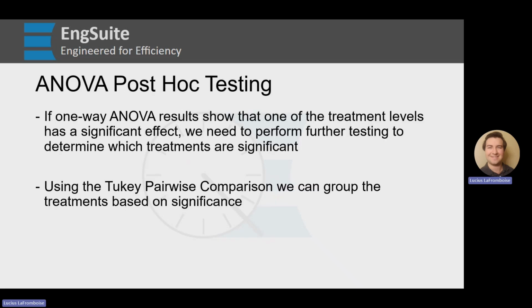So you might notice that we've been talking about this a lot lately, and that's because we're closing up our ANOVA series with, okay, we did an ANOVA, now what? When you do a one-way ANOVA, you might see results that show you that one or more of your treatment levels does have a significant effect. So that means that we need to perform further testing, post hoc testing, after event testing, to determine which